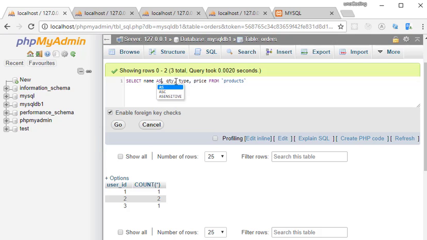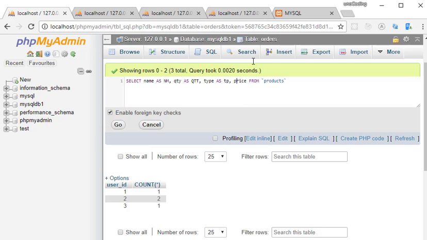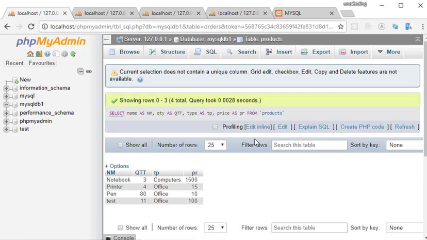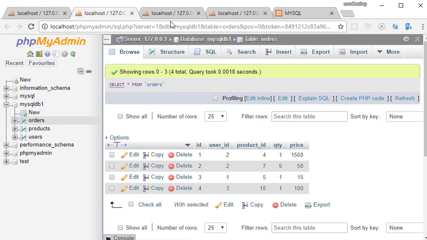So for name, I can put AS, let's say I wanted to say NM, and then for QTY I want it to be QTT, it doesn't matter, just anything. For type, TP, and then for price we can put it as PR, like so. And if we click on go, I'm just going to get the same exact thing as my product,